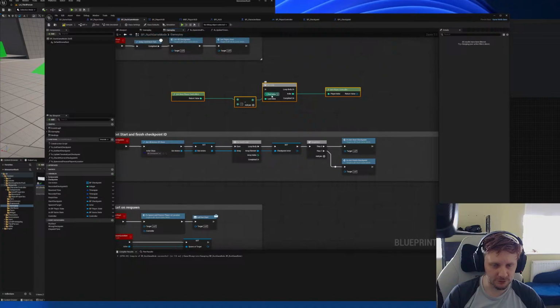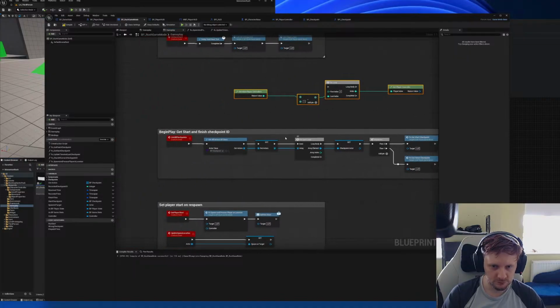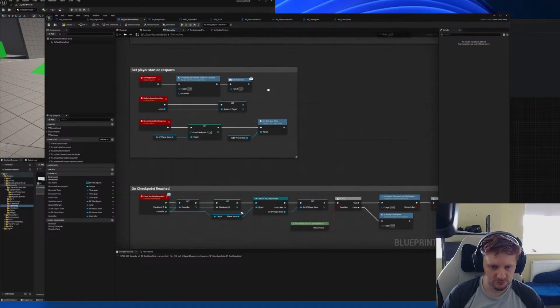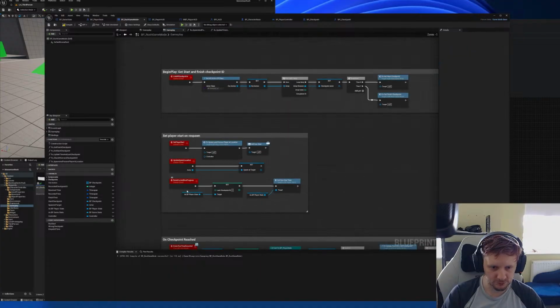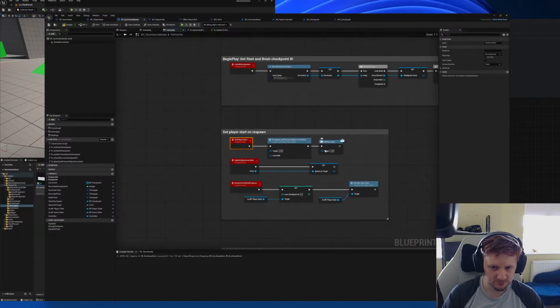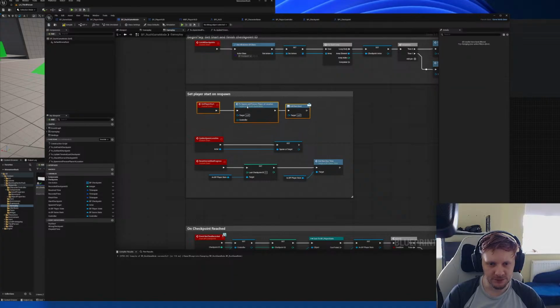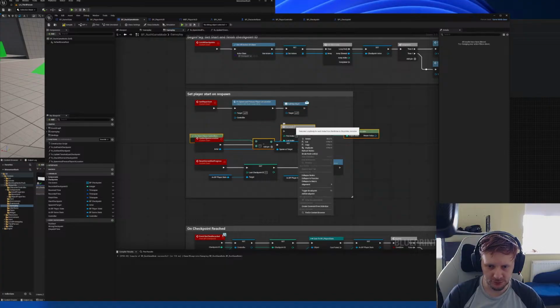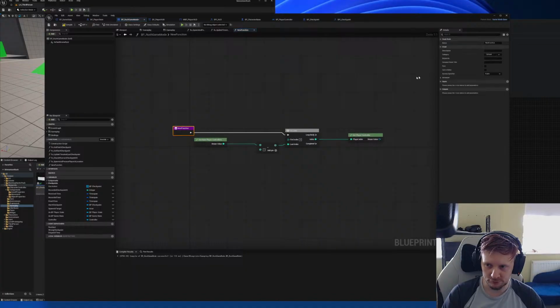That means this function that we can call, where is this function? Spawn actor, call start, reset all checkpoint, set player start. Here, we need to have a controller. That means I can run this function in here. And that can be collapsed to